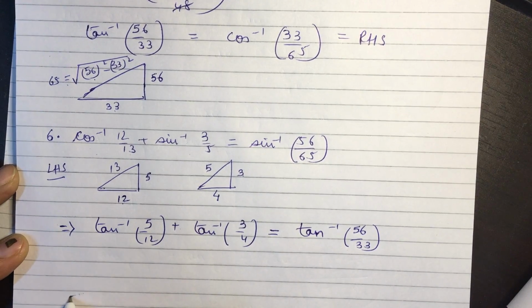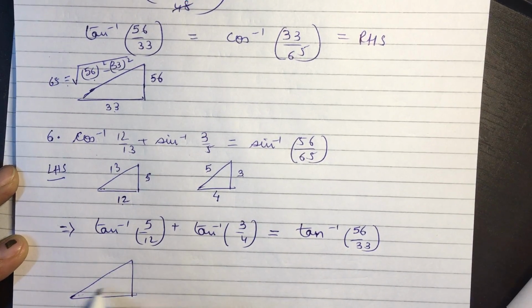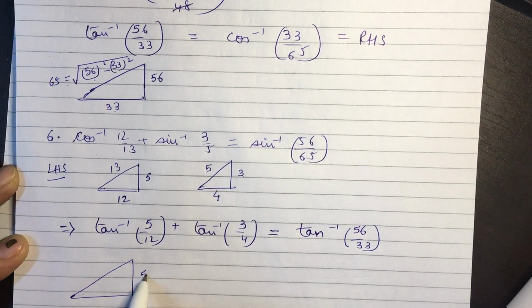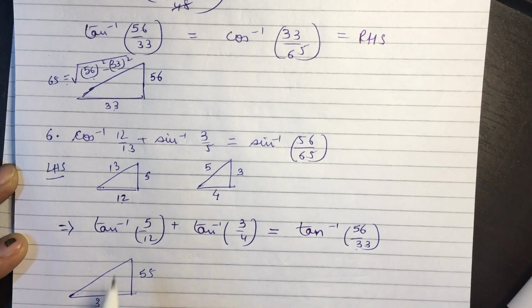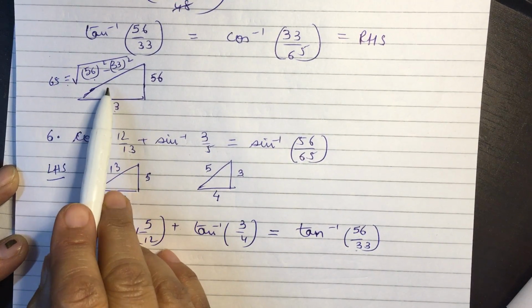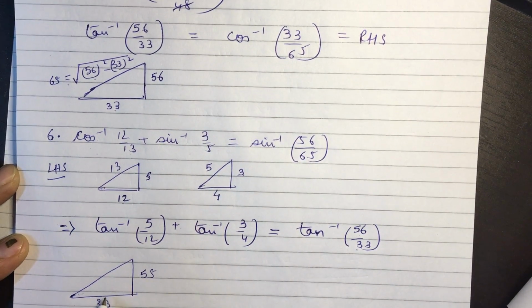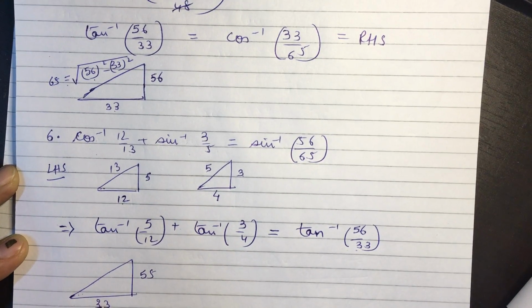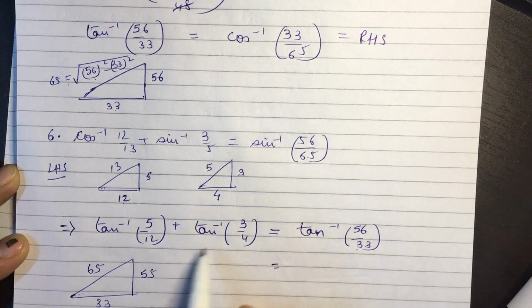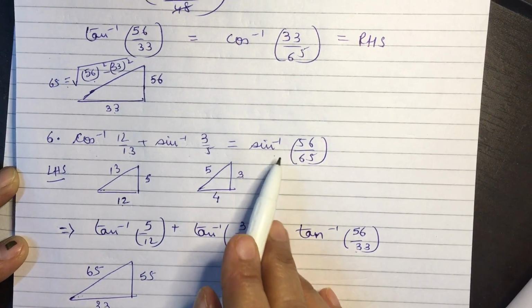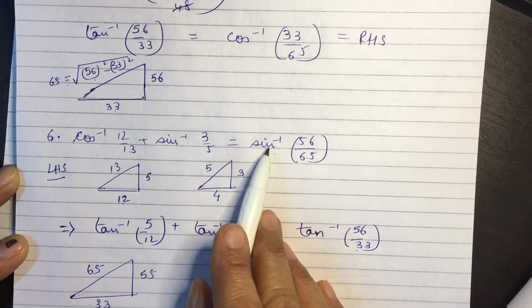So we have tan inverse 56, meaning the opposite side is 56 and the base is 33, and just as we solved here, the third side becomes the square root of the square of this minus the square of this, that is 65. Now on the right hand side we are expected to write in terms of sin